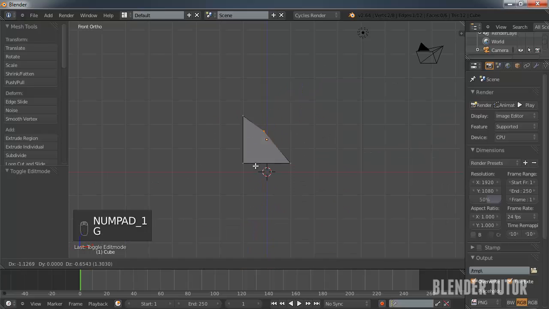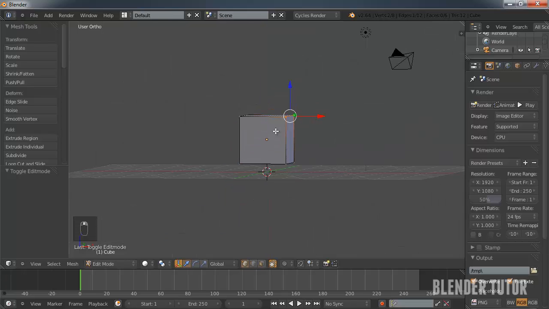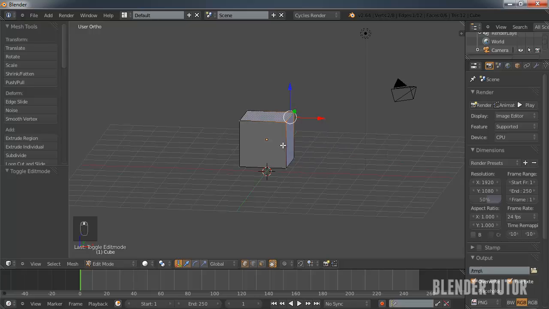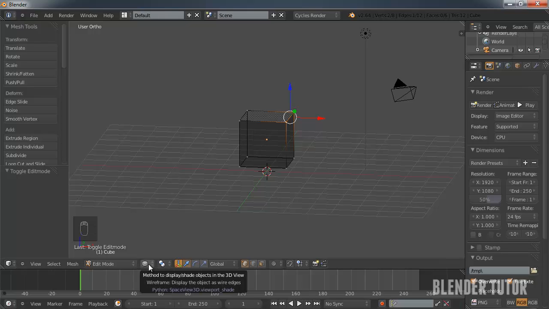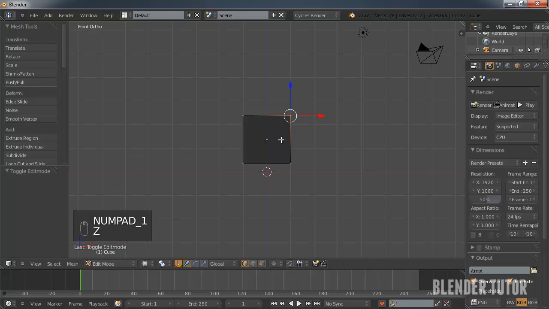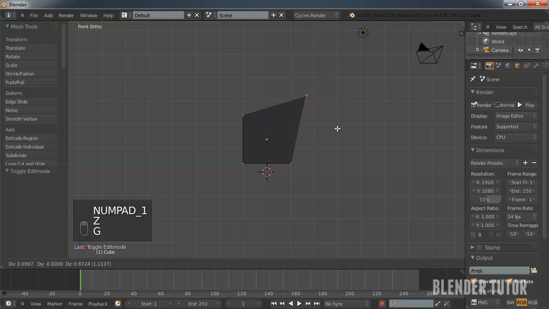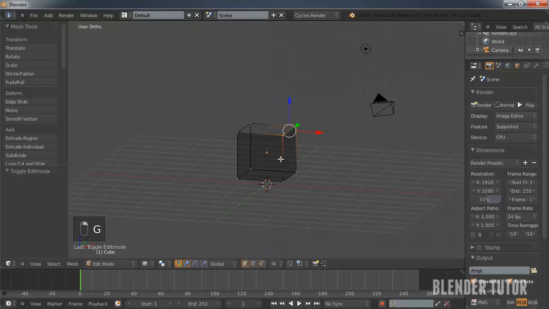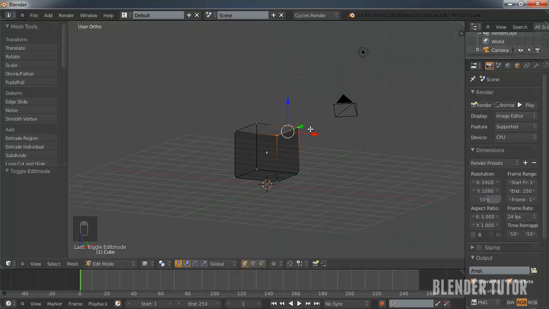Now I can't see through the cube, so what I can do is actually hit Z on my keyboard, and it's going to make it basically see-through. It's basically a wireframe view of the cube. If I hit Z again, it's going to bring me into the solid view. So yeah, and you saw me switching before between vertex and edge view and face view.